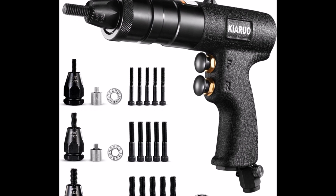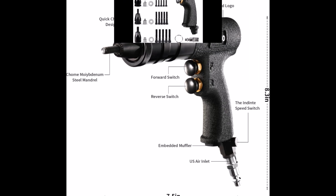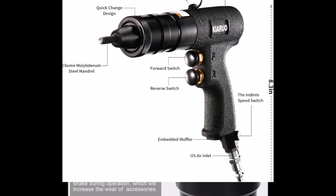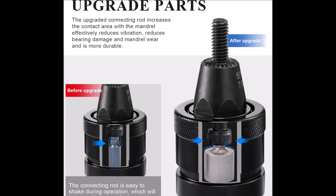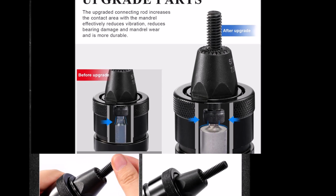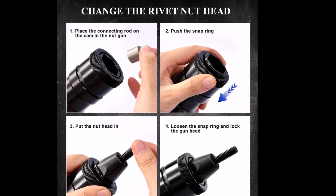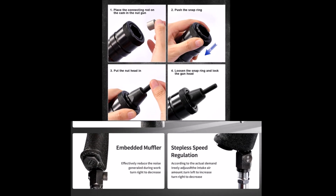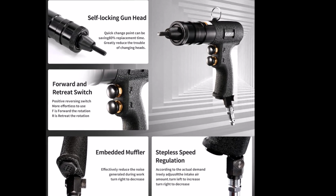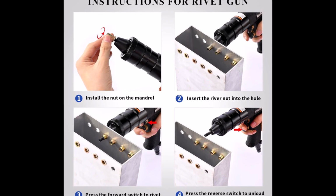Constructed with impact-resistant steel S2 material for the connecting rod, this rivet nut gun effectively prevents wear and reduces shaking, ensuring uniform strength and durability. The high-quality rotor is forged with alloy steel, providing higher accuracy, strong wear resistance, and a long performance life. Featuring a speed adjust knob, the rivet nut gun allows users to adjust the gas size, effectively controlling the intensity and speed of work. Additionally, the embedded muffler vent helps to reduce noise generated during operation, creating a quieter work